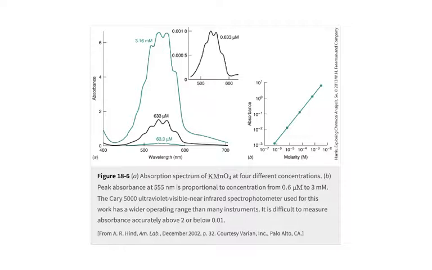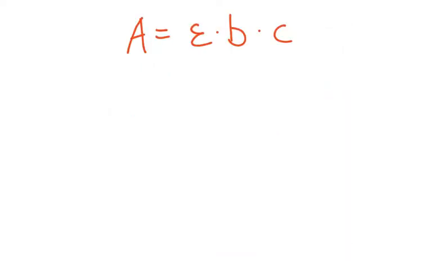So then we can plot absorbance against molarity, and even over 4 orders of magnitude, or a factor of 10,000, it is still linear. There are all sorts of useful implications and practical applications of this fact that we have a linear dependence